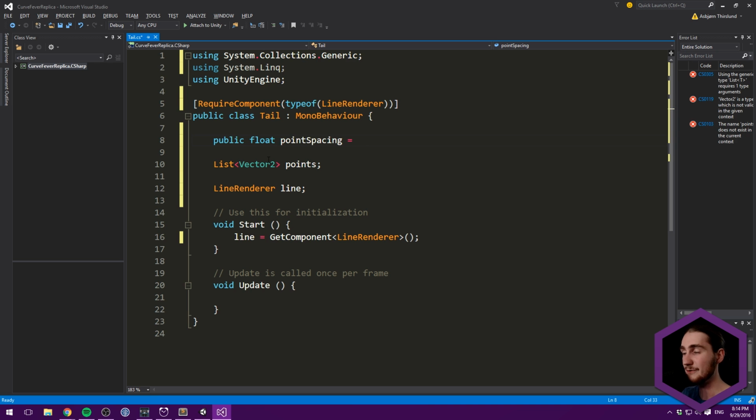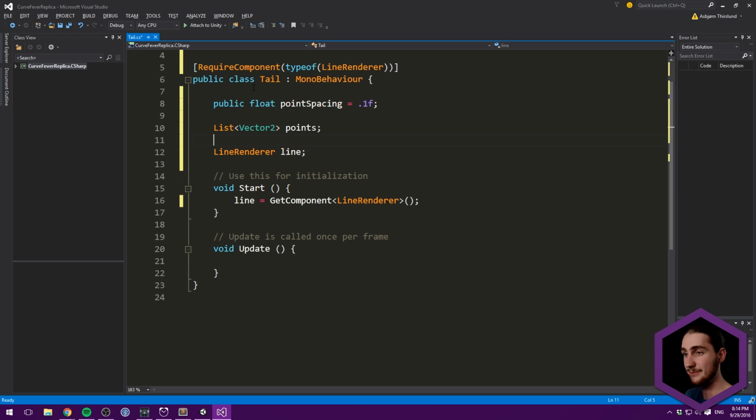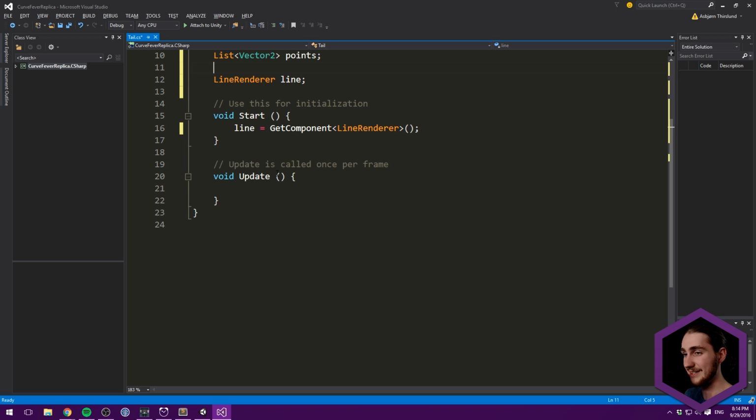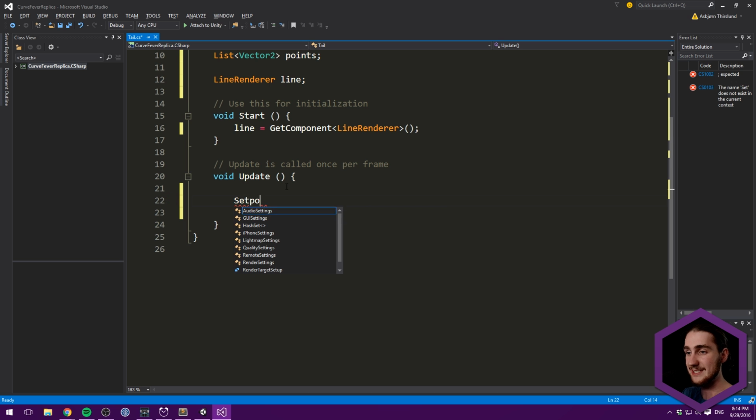So this is how far between we want our points to be. And we want to set that to something like maybe 0.1 units, which is definitely going to be enough. And yeah, I think that everything there is fine. So what we can then do is go down here into our update, and we could basically just set a